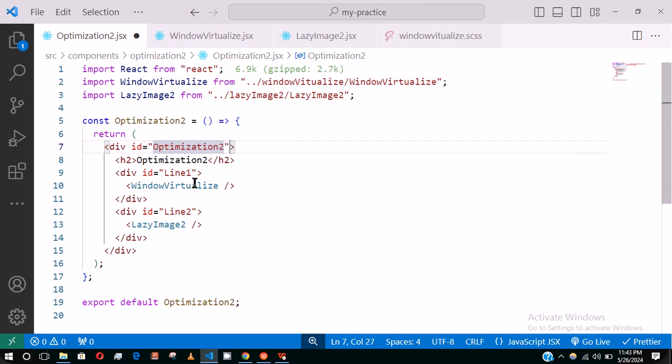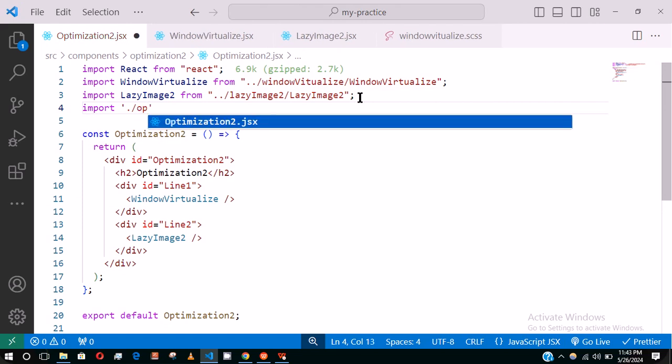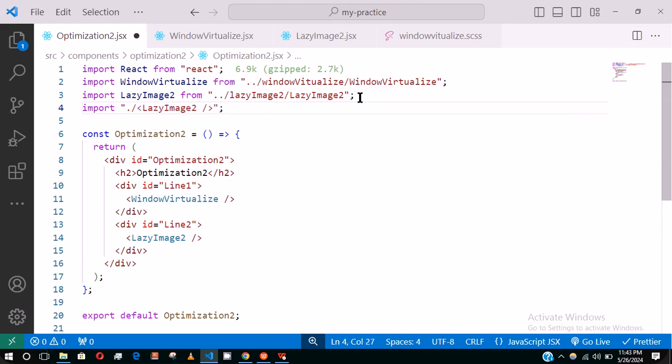Of course, while we're here, let's import it. So import dot slash optimize. So let's just paste that. Ctrl C. Ctrl V. Optimization 2